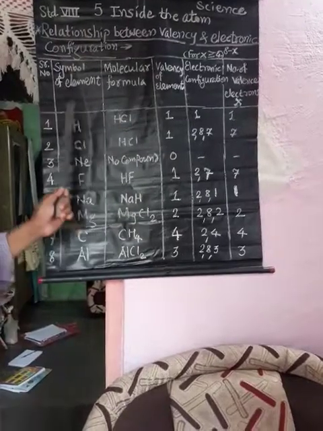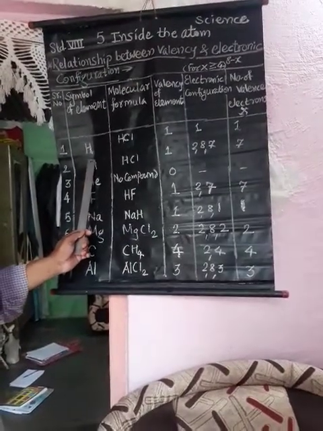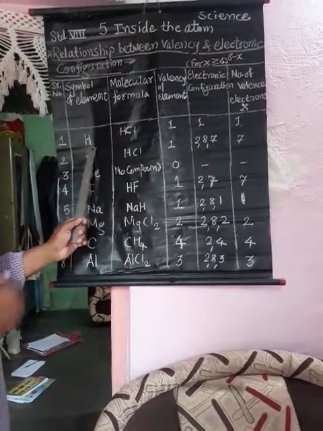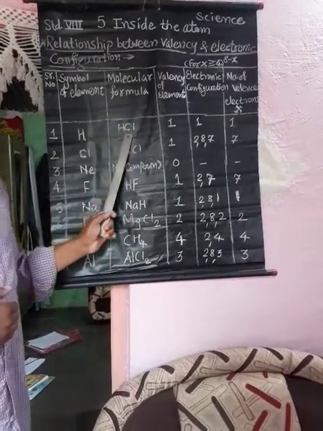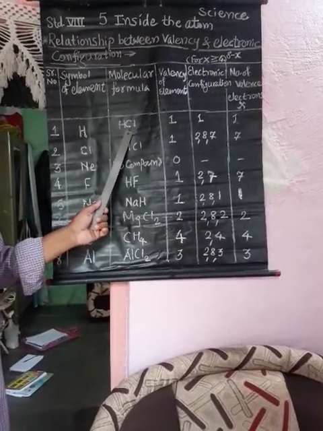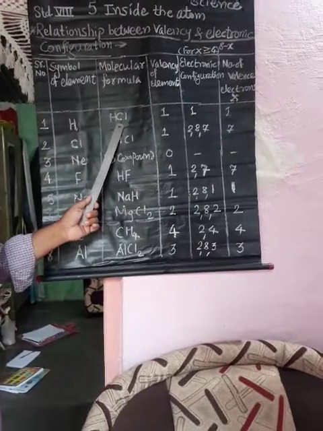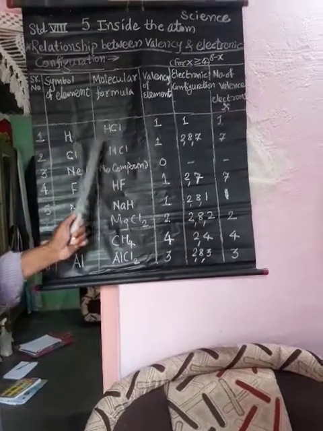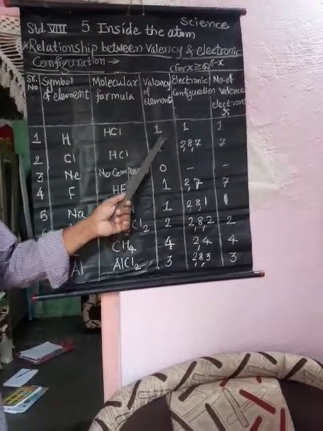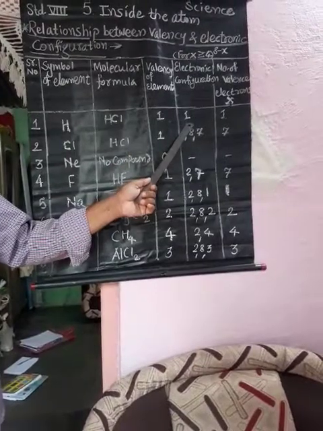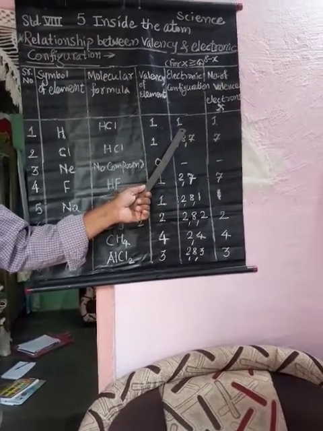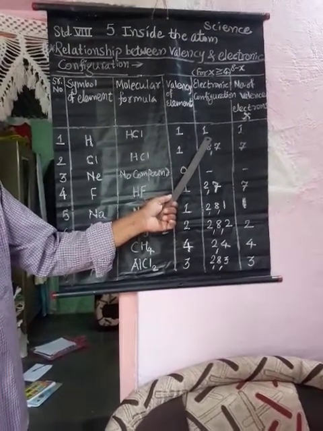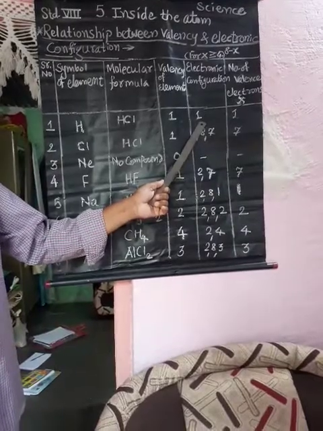We'll take an example here, the hydrogen element, atomic number 1, that is called Z. Z is equal to 1 here. The name of the element is hydrogen. Now, the molecular formula of the chemical compound called hydrochloric acid or hydrogen chloride is HCl. The valency of the element hydrogen in that hydrochloric acid is 1. Electronic configuration is 1. So the first orbit, the K orbit, is the last orbit in case of hydrogen. To produce a duplet, there is need of one more electron. That's why the valency of hydrogen is 1.